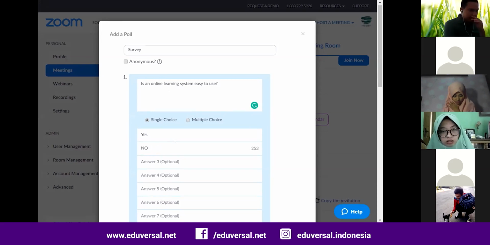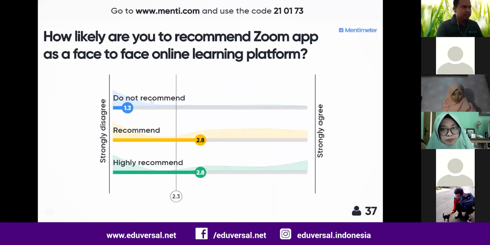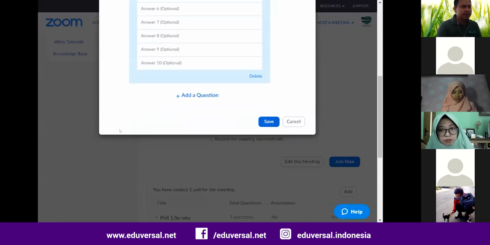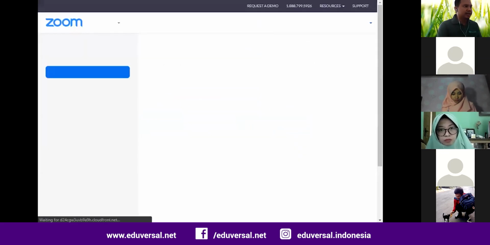But for this function using a polling, if you have a paid version of Zoom, you can use this one, or if you have a basic account, you can use another third-party application like Mentimeter that I will show you. So this is only explaining that we can have a poll survey in Zoom.